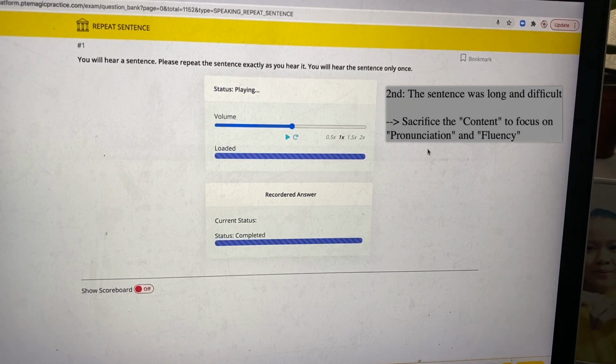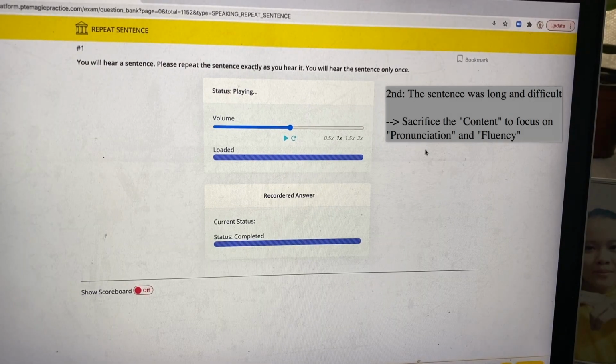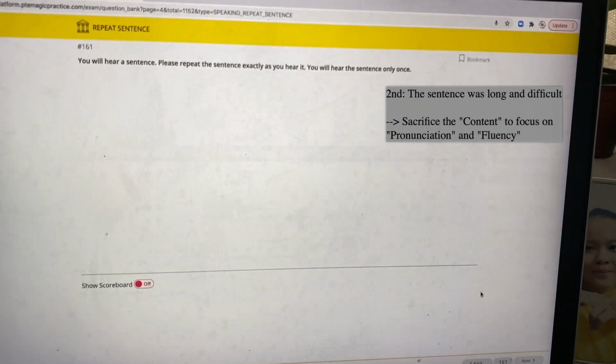In this case, what I do is I'll have to sacrifice the content to focus more on the pronunciation and fluency. I need to accept the fact that I cannot repeat each and every single word correctly in a long and difficult sentence. So I will have to sacrifice the content part and focus more on the pronunciation and fluency. So what I'll do is I'll skip those difficult words, focus on what I can hear, and repeat them correctly and fluently. For example,